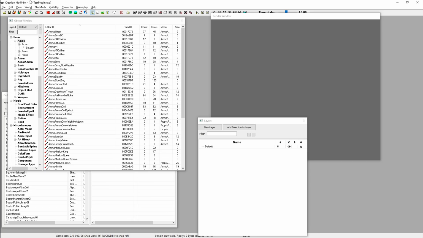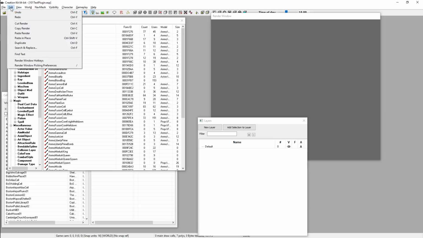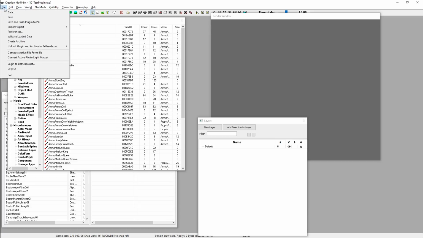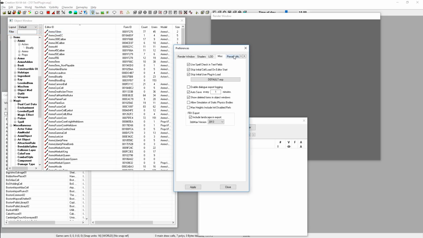All right, and the last thing I promised I would show you guys before we end this exceedingly long video is how to set up autosave so you don't get screwed over by a crash in your Creation Kit or in your computer. So what you'll do is go to File, Preferences. Then go to the Miscellaneous tab, and check Autosave every, and oops, I had it on 1 minute. You definitely don't want it on 1 minute. Pick a number that's good for you, something like 15 I like, 30, whatever you want to do,